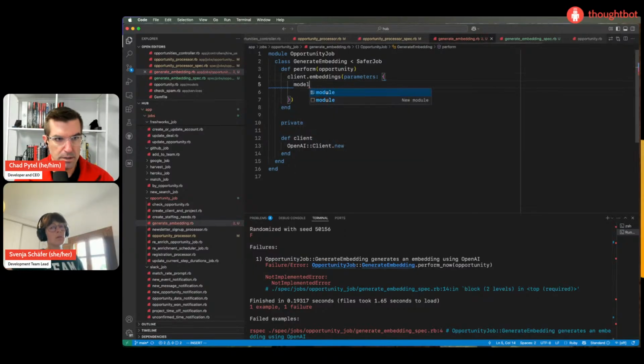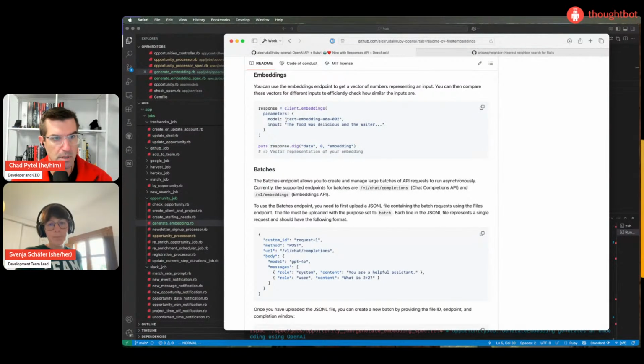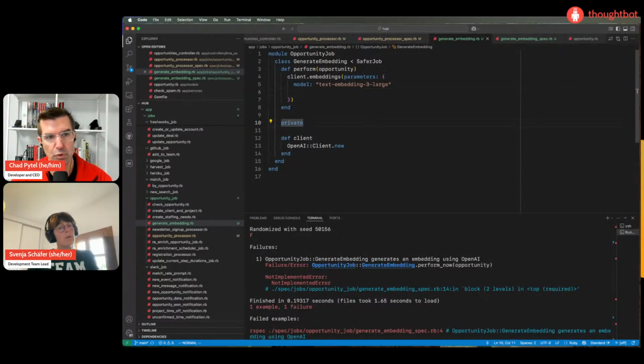Okay. So there's a newer model. It's called text embedding 3 large. The docs on the Ruby OpenAI gem say text embedding ada 002. This is an older model. I've done some testing. We actually did it on the stream, if I remember right. We get better results with the newer thing. So the embeddings are improved with the newer models. What's the larger one? Yeah, the 3.